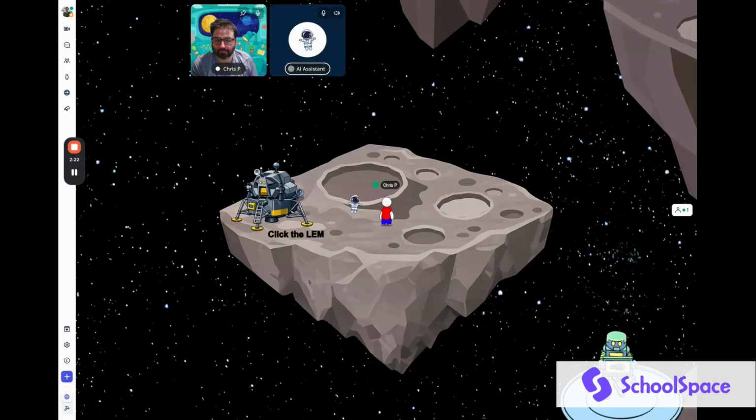He stepped onto the lunar surface on July 20th, 1969, and said the famous words, "That's one small step for man, one giant leap for mankind." Would you like to know more about that moment? Sure. How much fuel was remaining in the LEM before it touched down? Great question. The lunar module, or LEM, had only about 30 seconds of fuel left when it landed on the